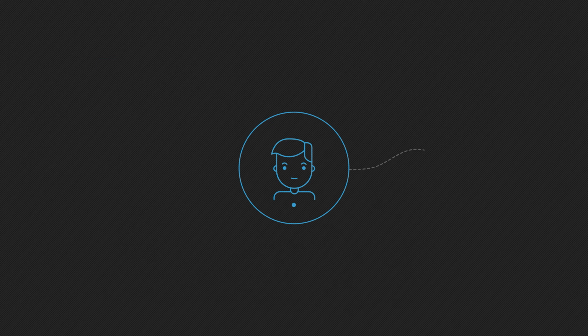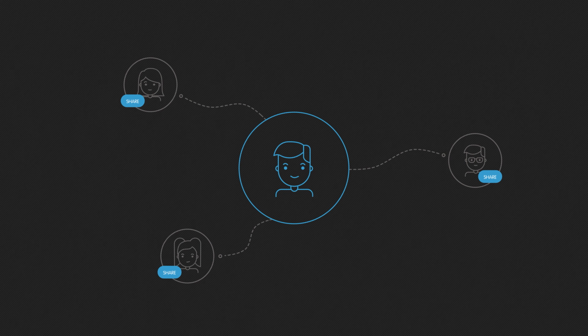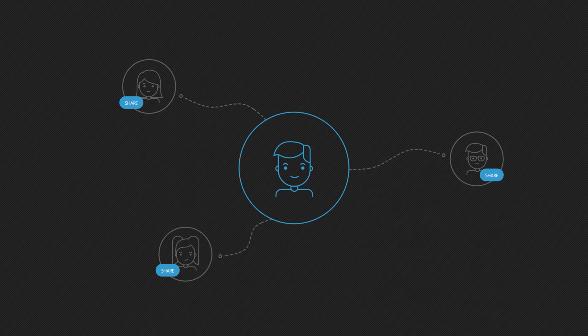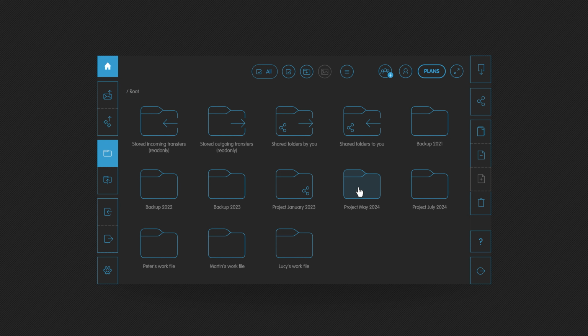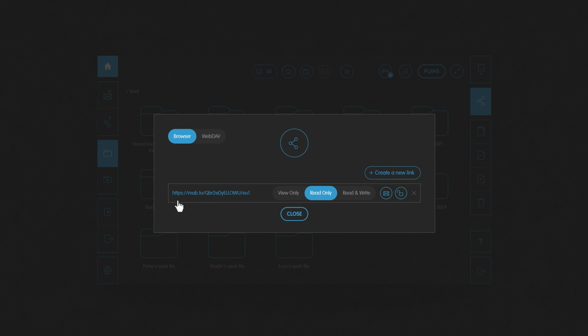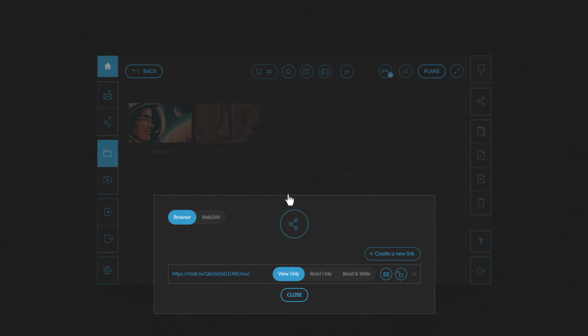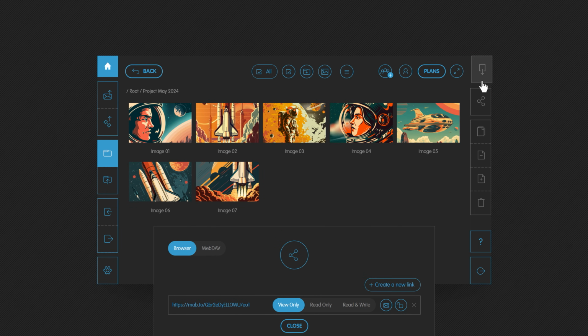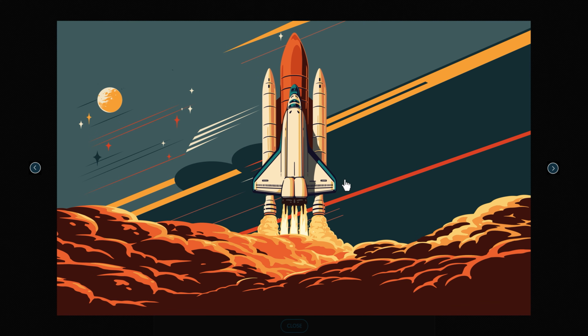If you need to share data with someone, you can choose to share a folder with or without restrictions. This way, the recipient will only have access to the shared folder and not your entire storage. You can set various sharing options, such as View Only, which allows the recipient to view the data but not download, share, copy, or edit it. You can change the sharing settings at any time.